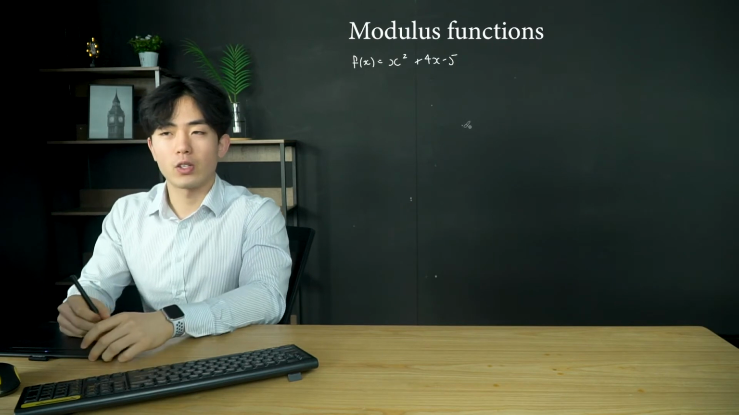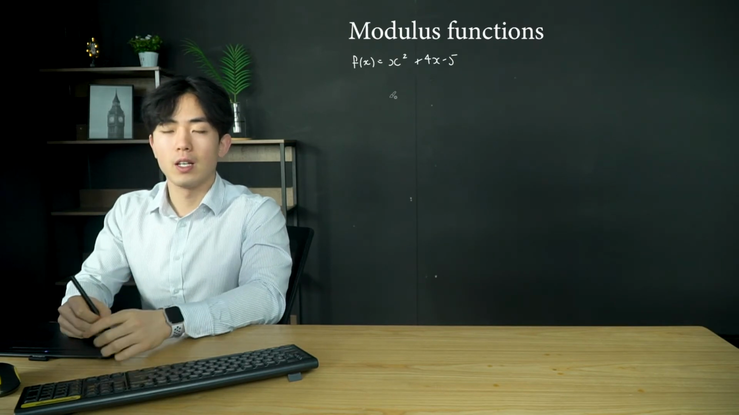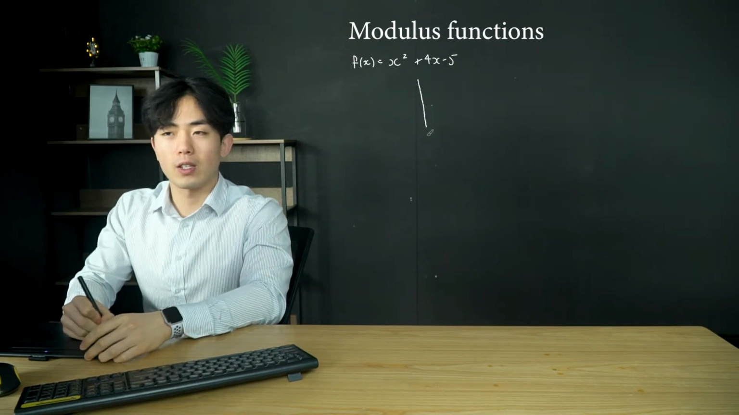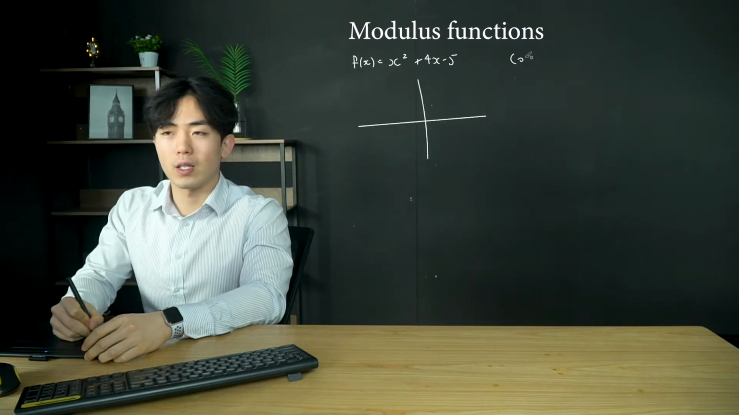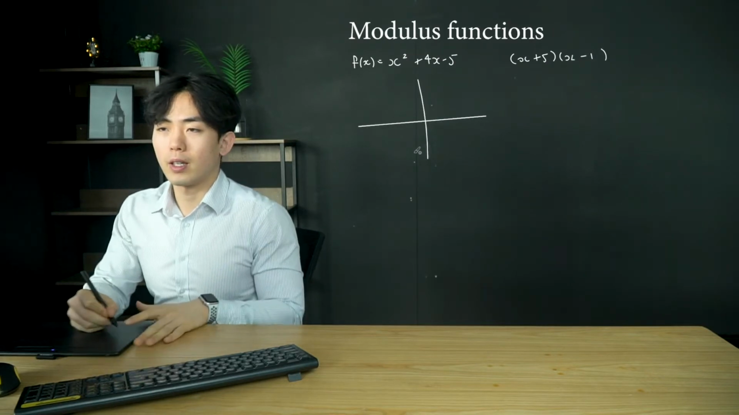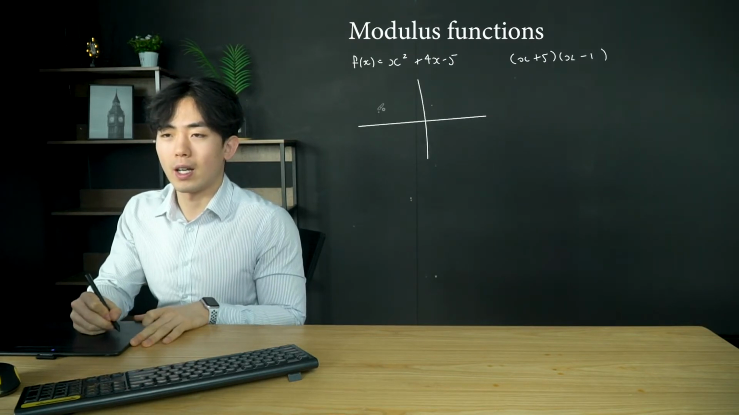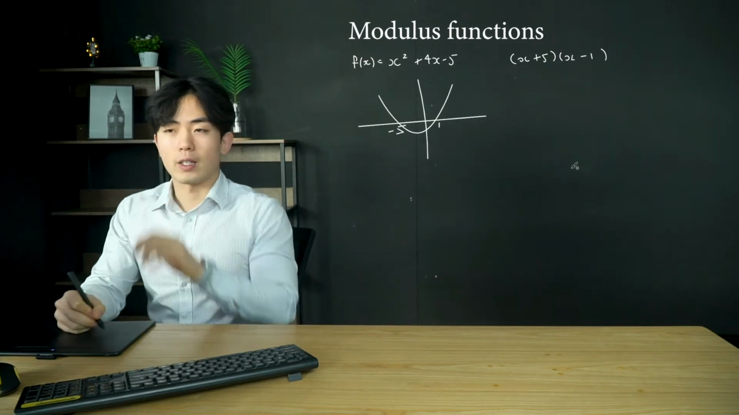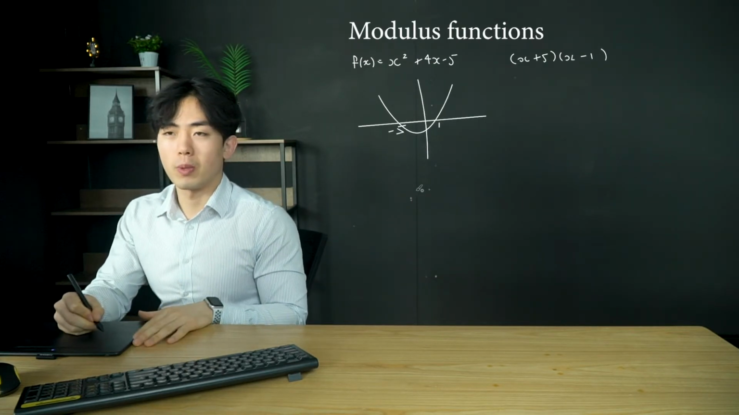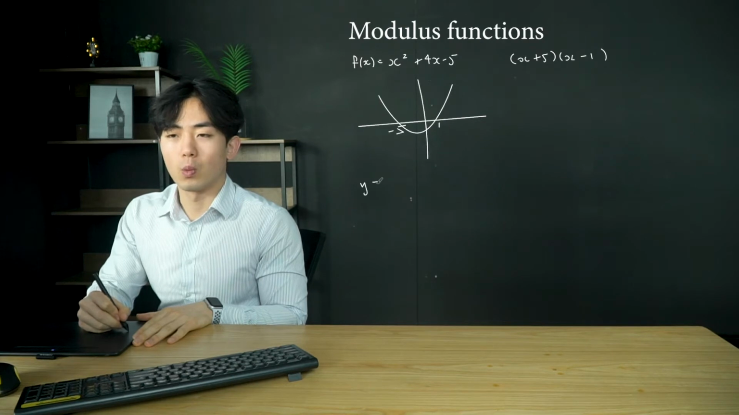Let's just look at this function as well. This is a quadratic function. First of all, I can just plot this. Factorizing this, we get x plus 5, x minus 1. So we know it crosses at 1 and -5, and it's a quadratic function, so it should look something like this, where here is 1 and here is -5. So this is very simple, but sometimes we are asked, can you plot the graph of y equals